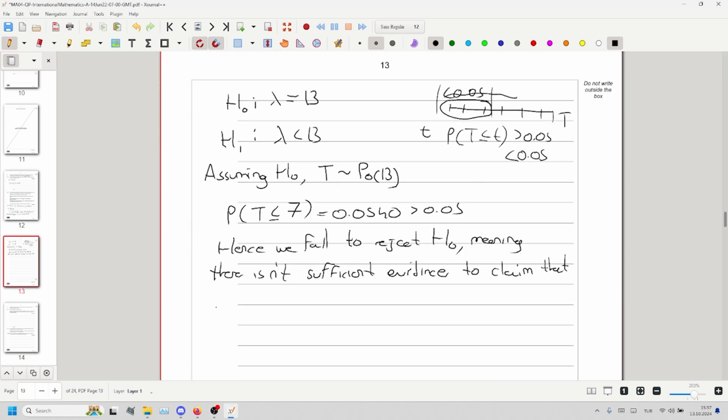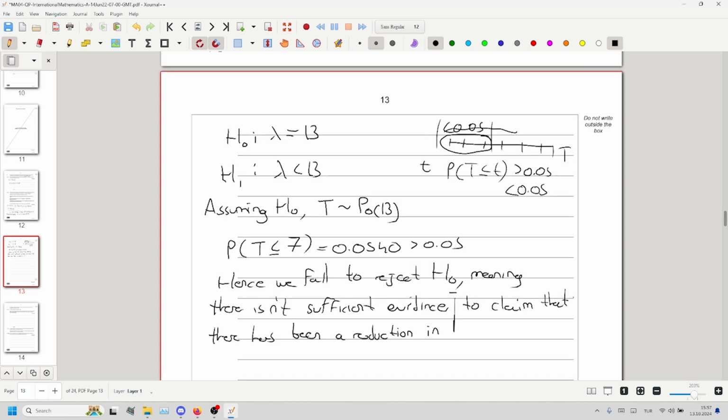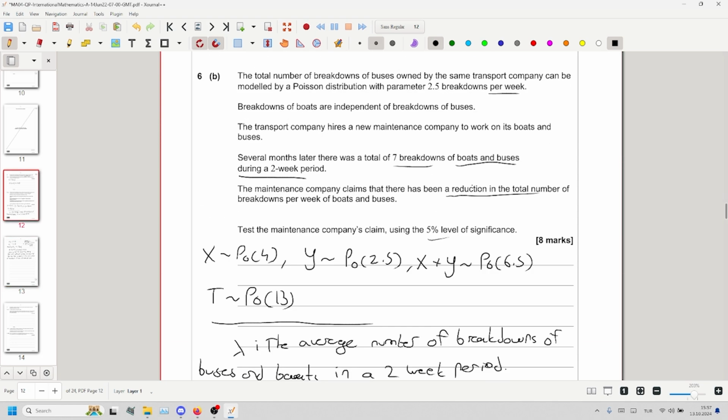Evidence to claim that there has been a reduction in the total number of breakdowns of buses and boats per week. Of course, these hypothesis test questions are very detailed, and as you can see, it is